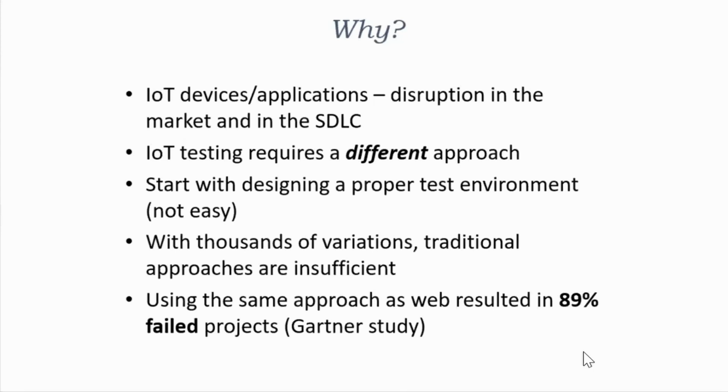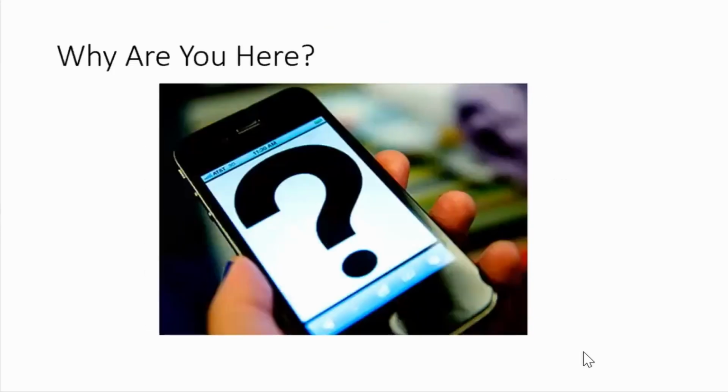So Gartner did a study. They published, I believe, in 2020. And they basically said that if you follow the same approach, the same test strategy that you did for mobile or for desktop applications or for anything else for that matter, and you apply that towards IoT, those projects will fail 89% of the time. Okay, pretty powerful. And by fail, we mean over budget, too many defects, product didn't meet the requirements. All of those things define failure. Okay, so that's the reason why we have a little bit of different approach. So that's why we're here to talk about IoT.